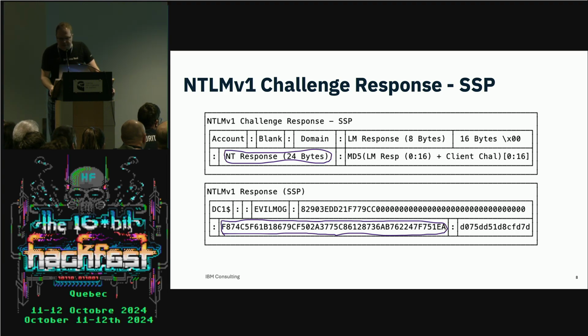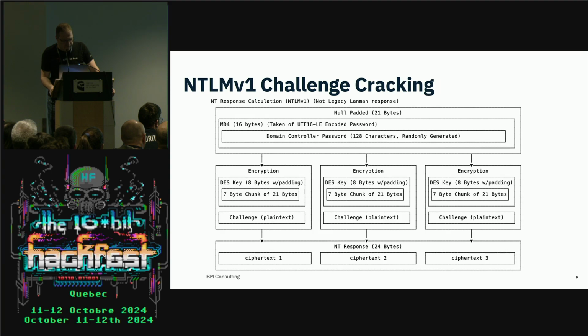This next one should probably be an eye chart, which I'll have fun explaining. Here's the guts of NTLM version 1. Now, I want to preface this by saying this protocol is not Microsoft's fault. Some of you might be old enough to have been doing IT back in the 90s. I know I was, sadly. Back then, you couldn't have strong cryptography. It was banned. Thanks to export controls, everyone was stuck using basically a DES-based protocol as opposed to things like MD5 HMAC, which is used in NTLM version 2.